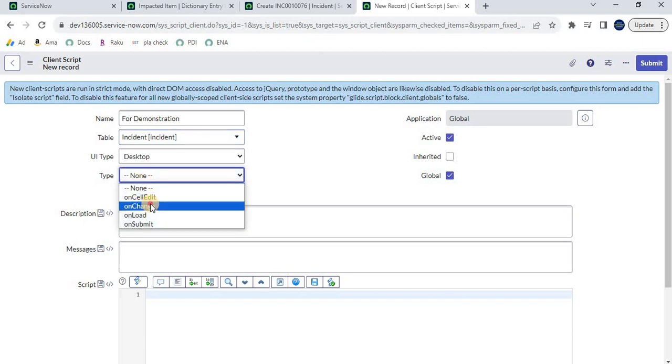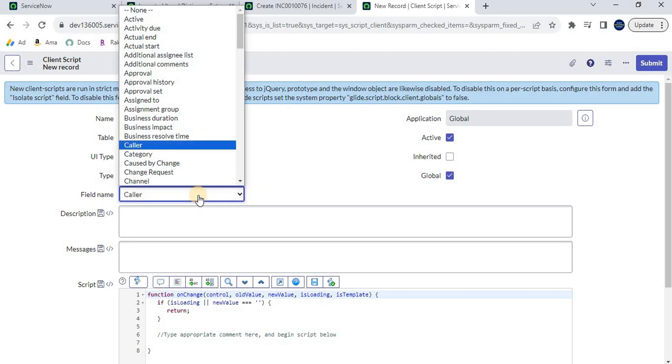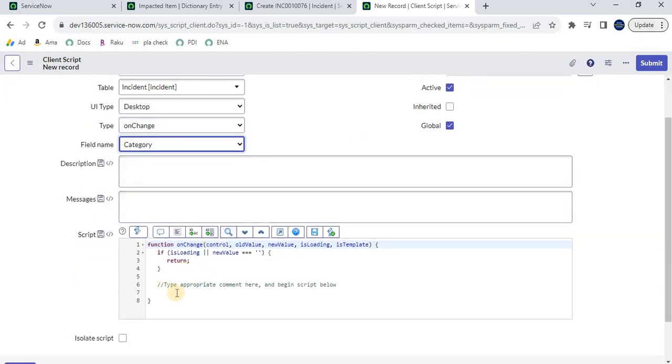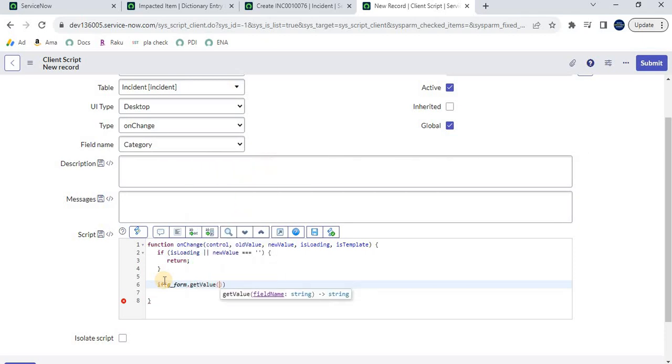then type on change. And we want to execute it on which field? On category, right? When we are changing the value on category, when we are selecting software, when we are going to select hardware. Okay, so here we have a syntax editor. Now here we have to write the code. So what we are saying, if the category contains the value software, which says g_form.getValue